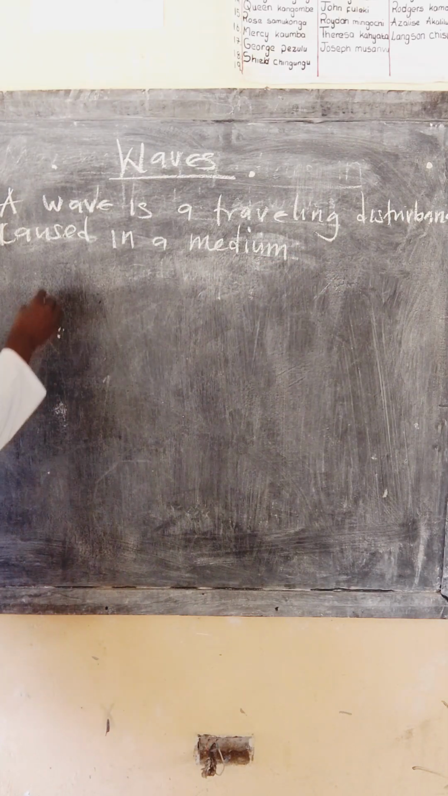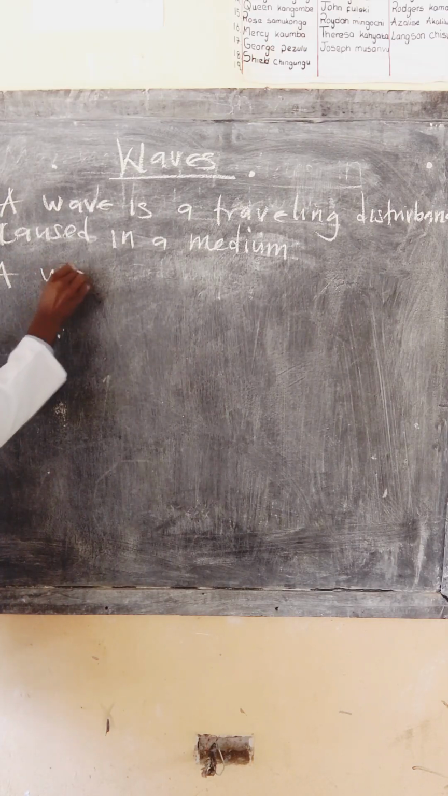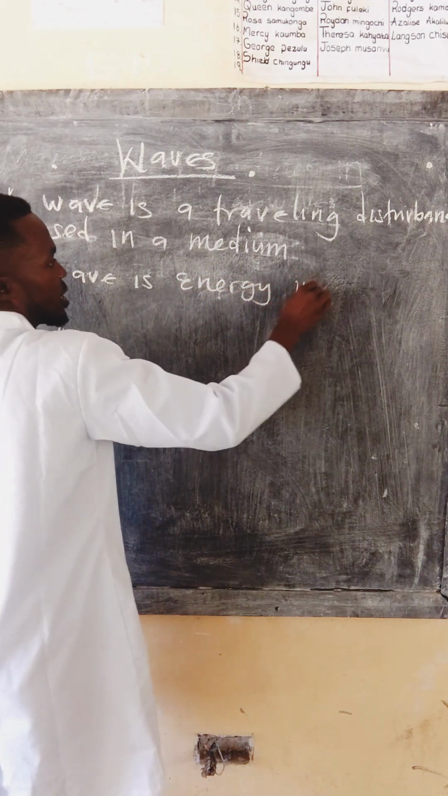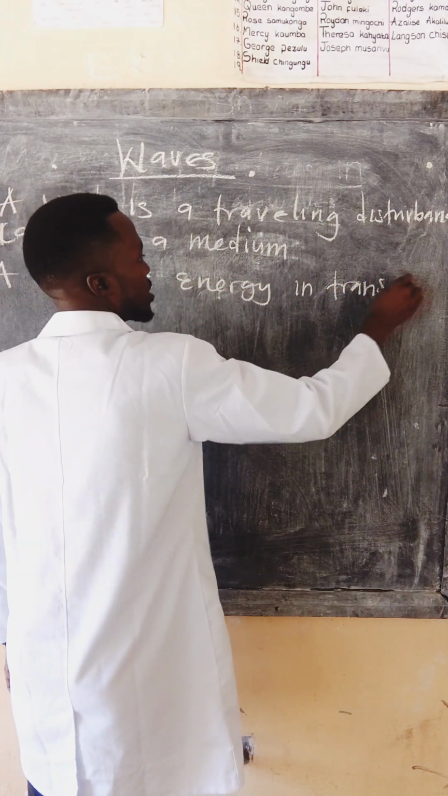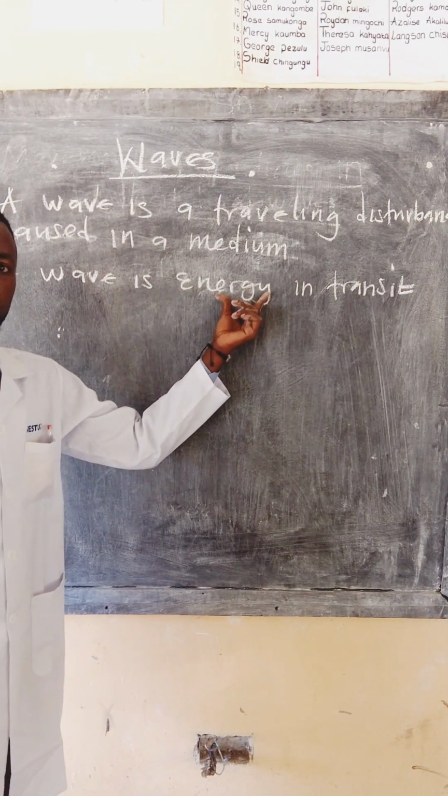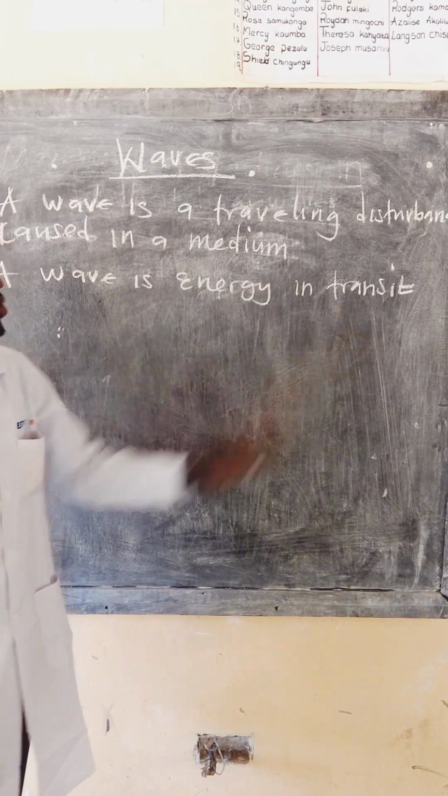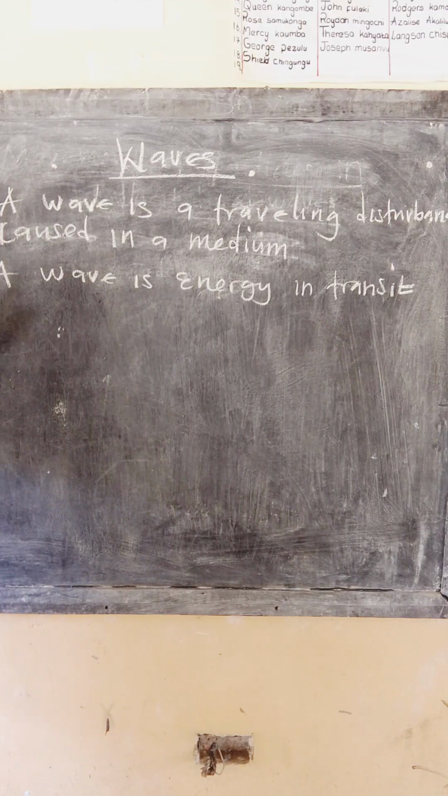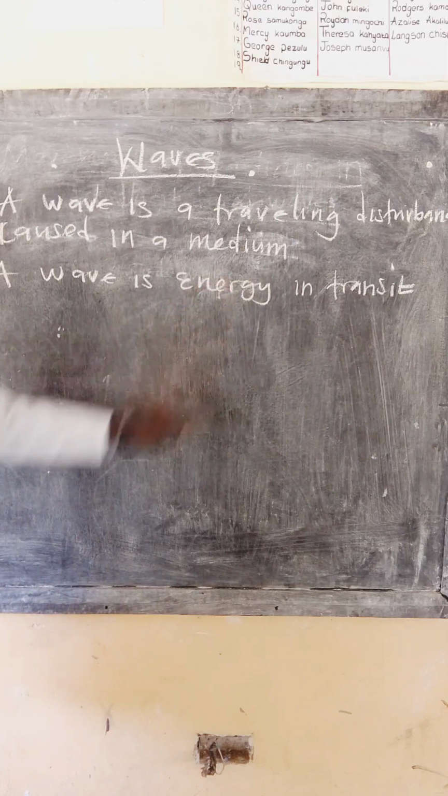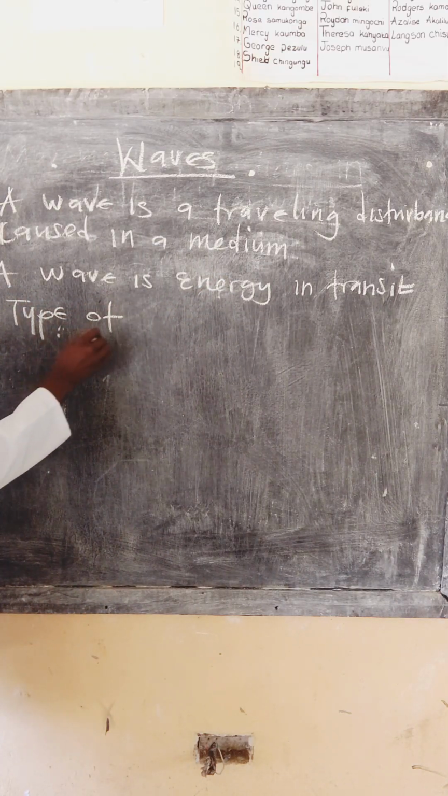Or the simplest definition that we can give to a wave is we can say a wave is energy in transit. So it is just energy in transit, and this is the most acceptable way of defining a wave for physicists, because it simply explains everything. If you define it in this way, meaning you have explained everything, then you also need to be aware of the types